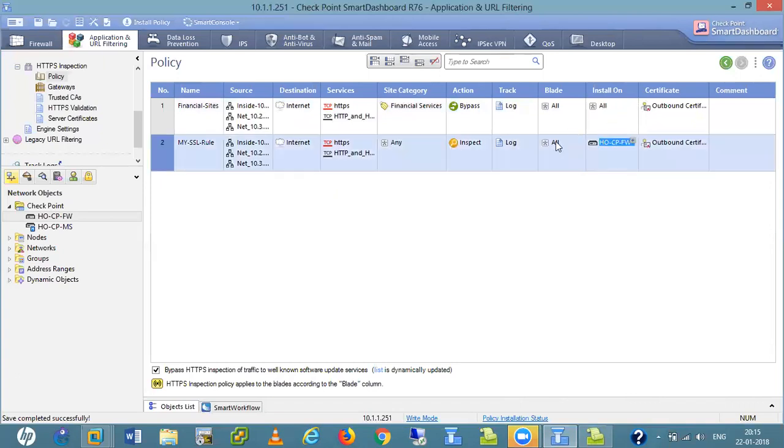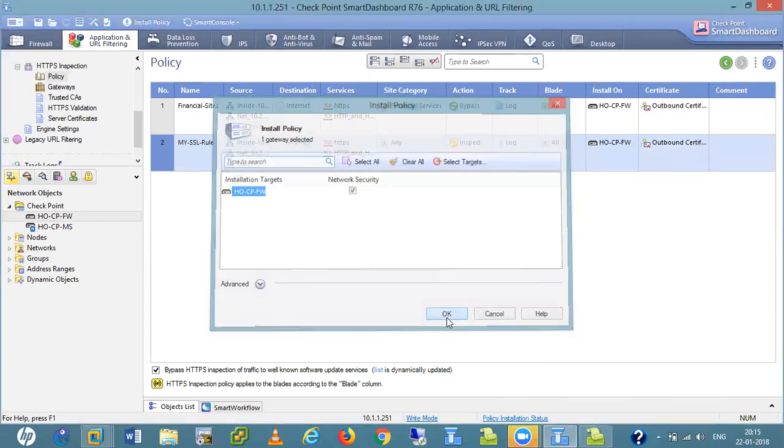Here I select my gateway. Here I select my certificate and just install that also here.